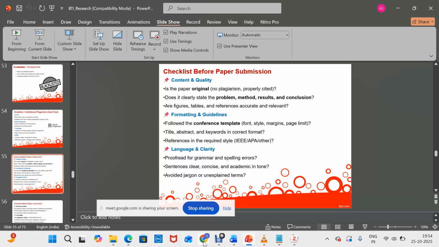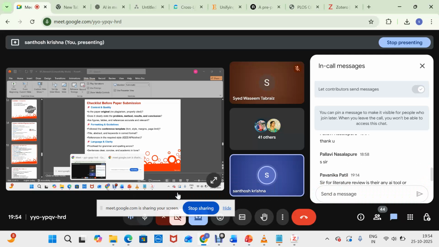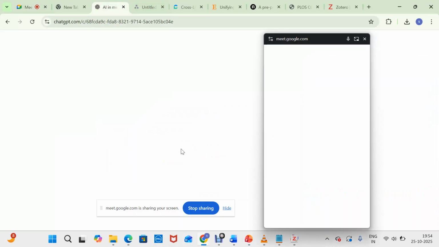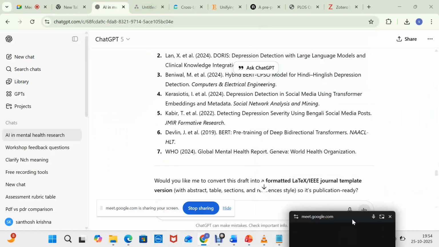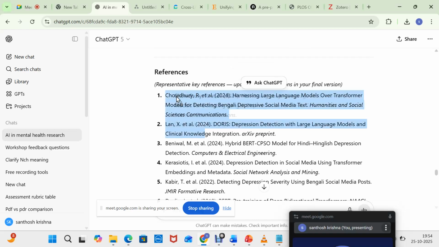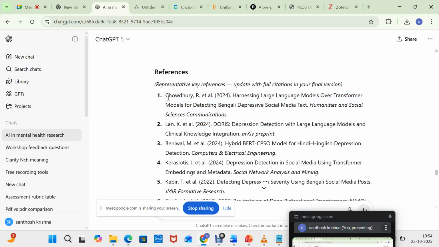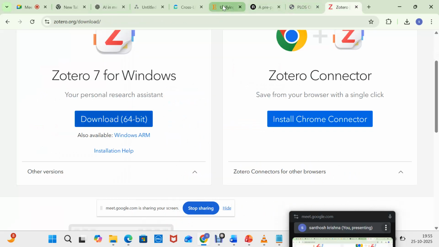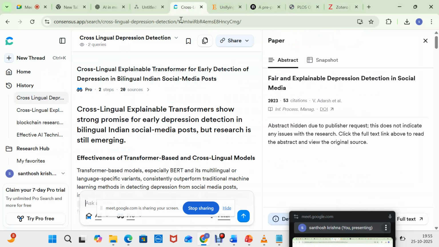Yes. See, ChatGPT will give you some references. Yesterday you drafted on paper, right? You copy those references. These references we can't directly give to Zotero, because we do not know whether these are authentic or not. So once you get the authenticity, only then can you connect them. How to check whether this paper is valid or not?